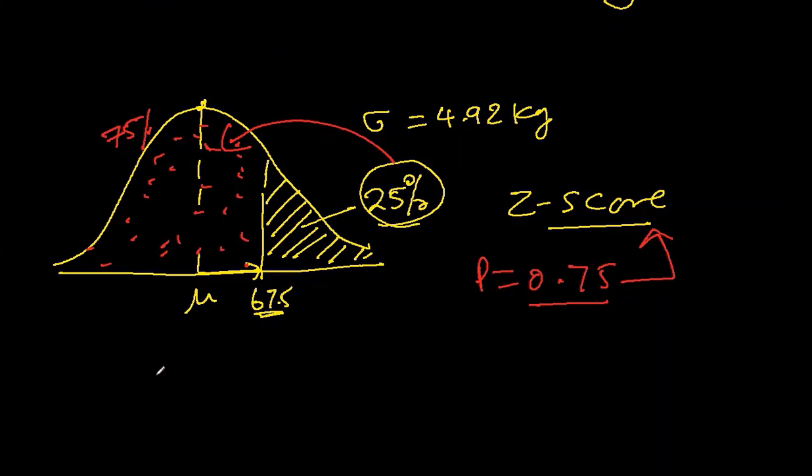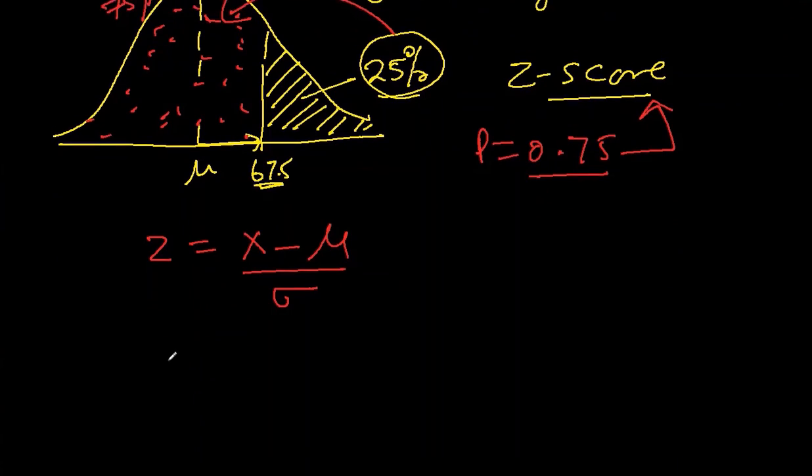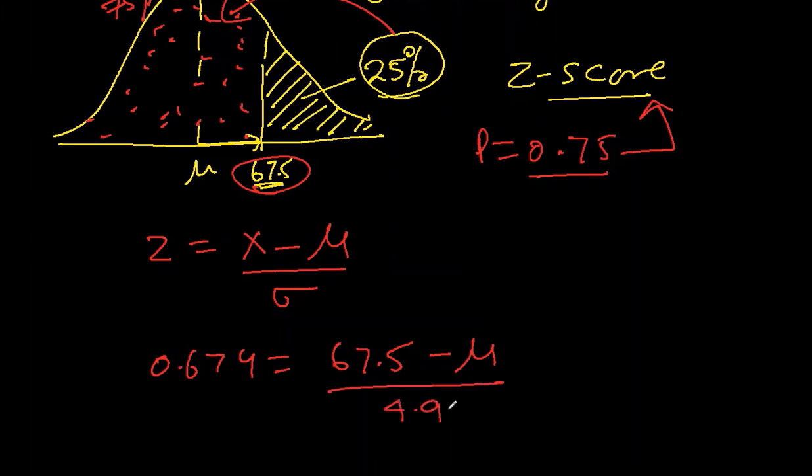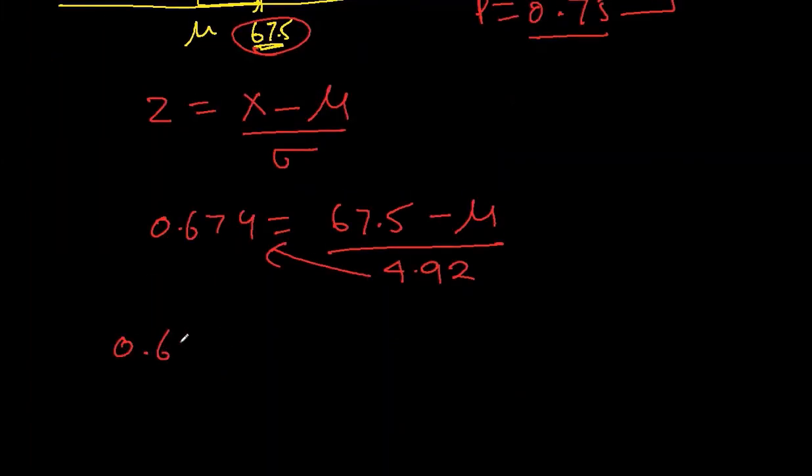The formula for mean: Z score is equal to the data minus mean, over standard deviation. So we have Z score now, 0.674, equal to x, which is 67.5. This is what is given to us, but we don't know the mean, and the standard deviation is 4.92. We will do cross multiply here. So 0.674 multiplied by